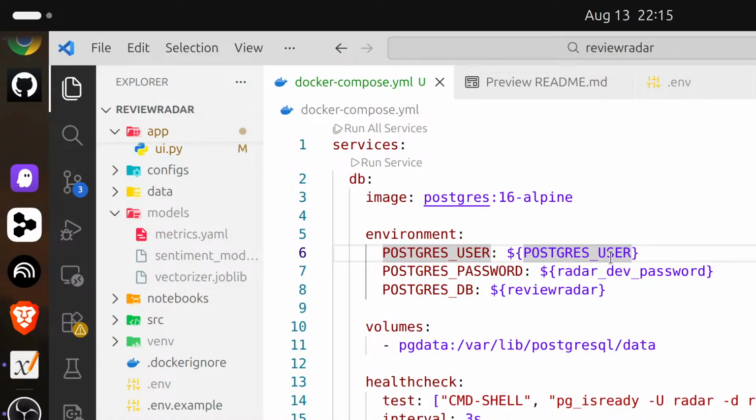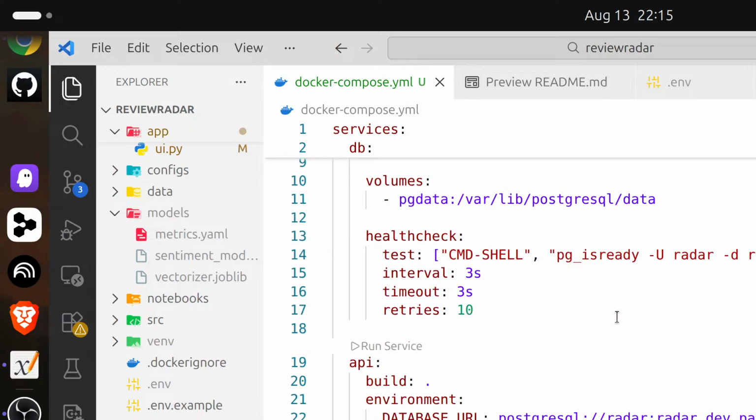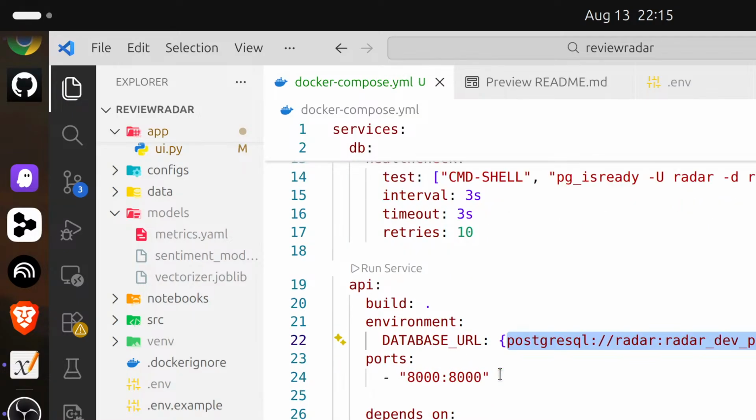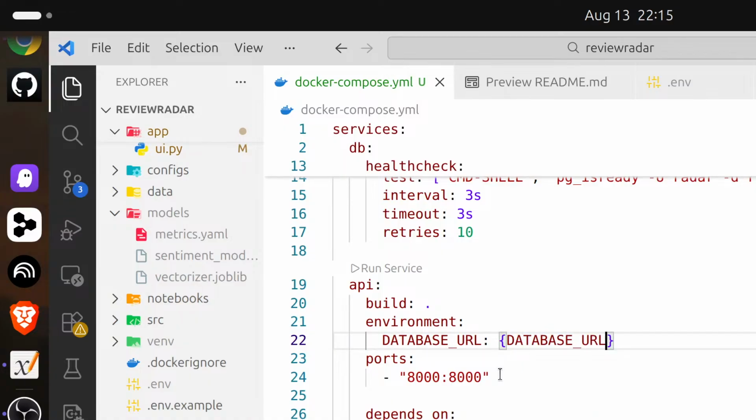Also we have to differentiate the API here. The database URL we have to do like this, right? So our API is also configured now. Okay, now